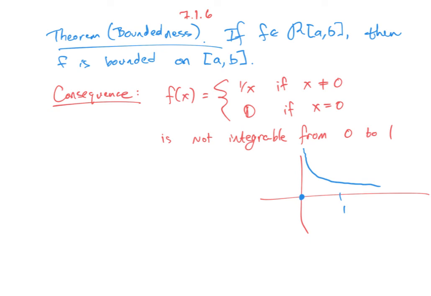So this theorem that your function has to be bounded is a bad thing about the Riemann integral and suggests why you might want other notions of integrability. Okay, so let me stop there for today, and like I said, I encourage you to look at the lecture notes or the book for the proof of this theorem, and I will